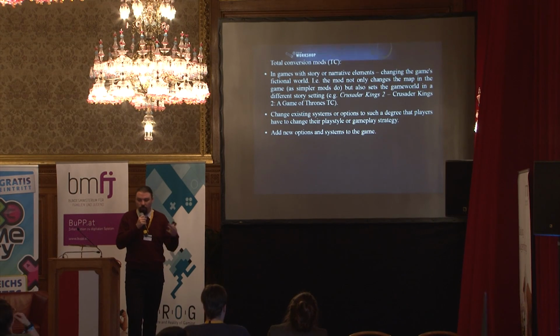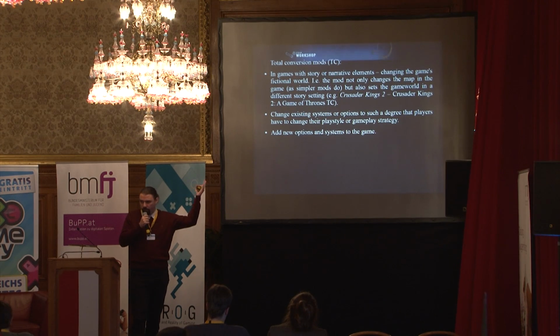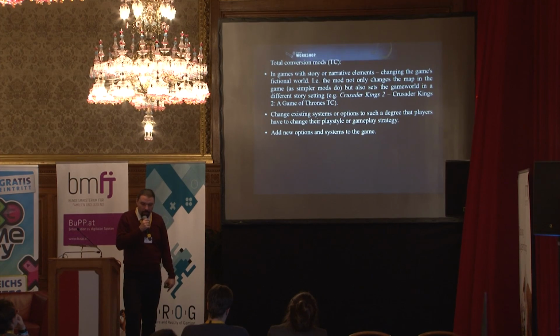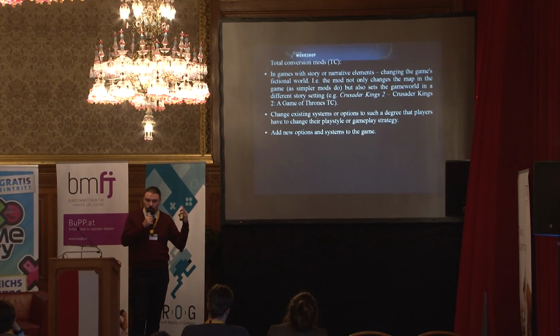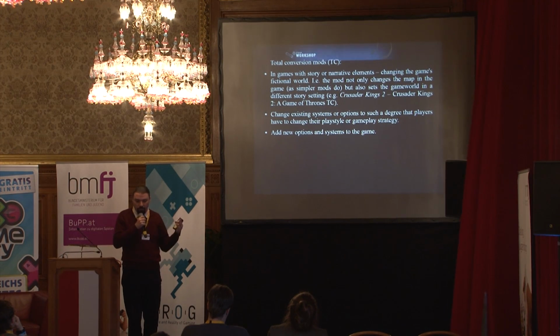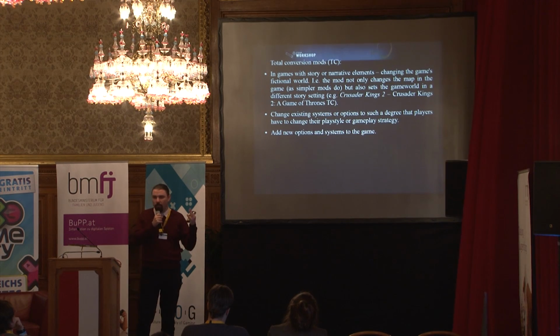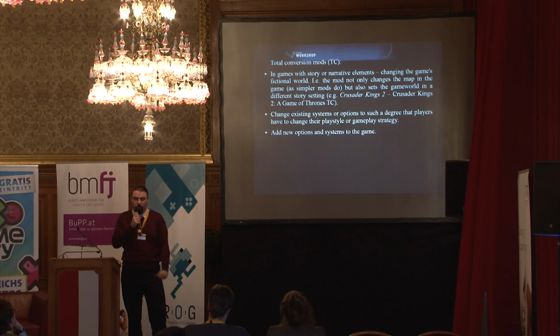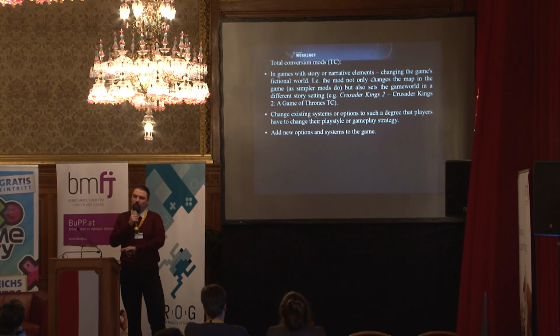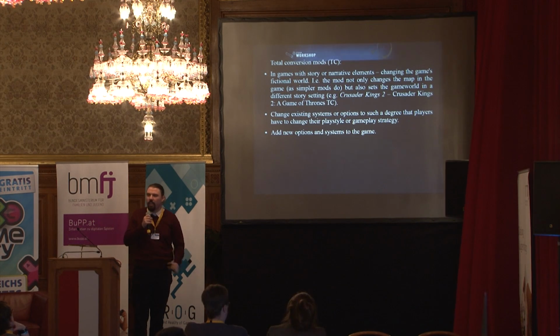So the mod not only changes the map as the one with Civilization 5, but also sets the game world in a different story setting. So, for example, for Crusader Kings 2, modders made a Game of Thrones total conversion that changes not only the map, but all characters in the game are characters from the books. And you can play the characters from the books or from the show, and you can create your own story